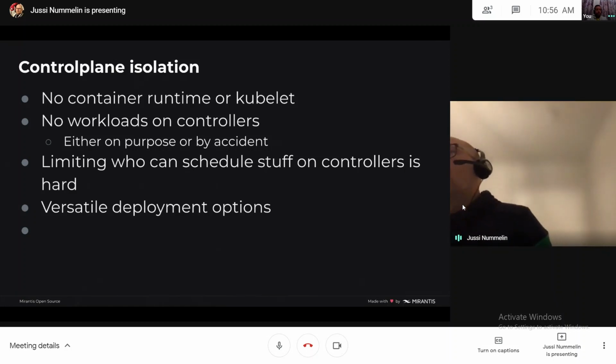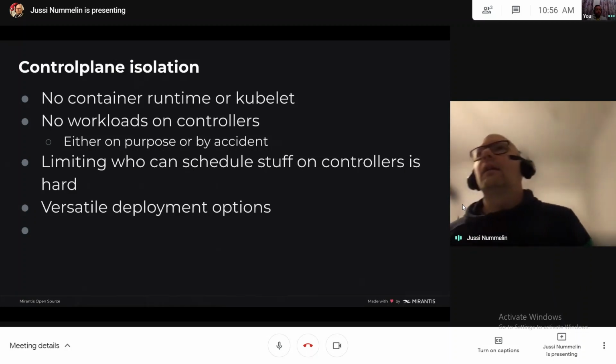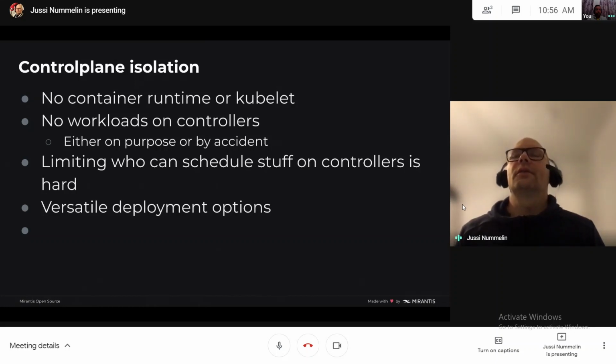That's something that in most of the Kubernetes distros is really hard to control, who can actually schedule workloads on which of the nodes in the cluster. Although Kubernetes RBAC, the role-based access controls, are quite strong, that's not really easily controllable by RBAC or anything.